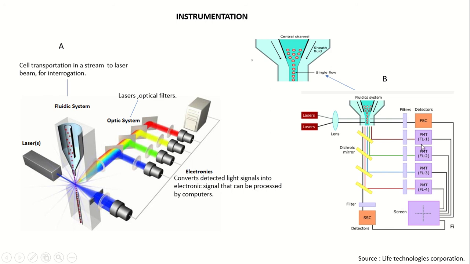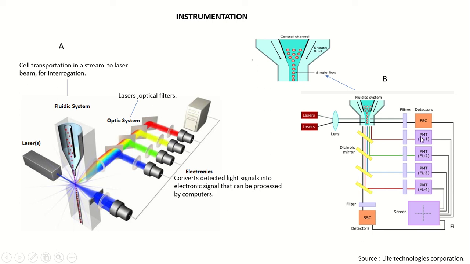These are the fluorophore detectors. So this whole equipment: dichroic mirrors, the laser for excitation, detectors for scattering detection like forward scattering or side scattering detectors, and other than this the fluorophore detectors and the optical filters, together forms the optical system. Other than the optical system, we have the electronic signal.